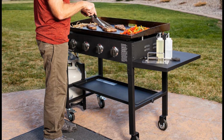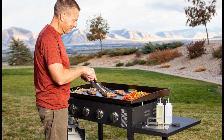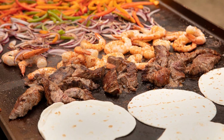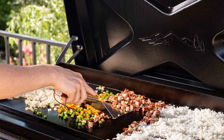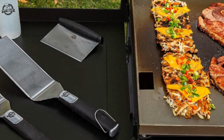The best outdoor griddle is a must-have for outdoor enthusiasts and home chefs who want versatility and convenience in their cooking. Whether you're hosting backyard barbecues, camping in the wilderness, or simply enjoying outdoor cooking, a quality outdoor griddle opens up a world of culinary possibilities. In this video, we're excited to introduce you to the top 5 outdoor griddles that will transform your outdoor cooking